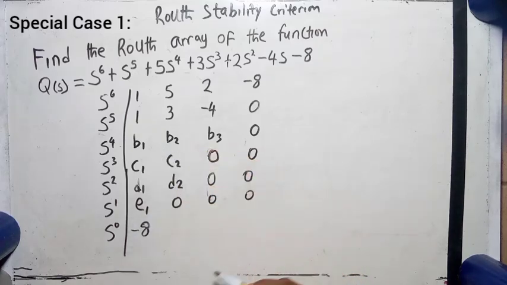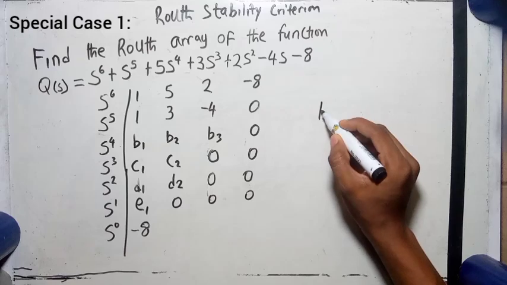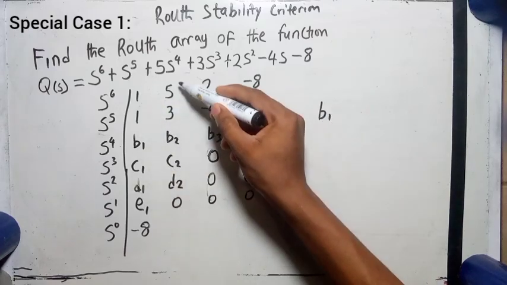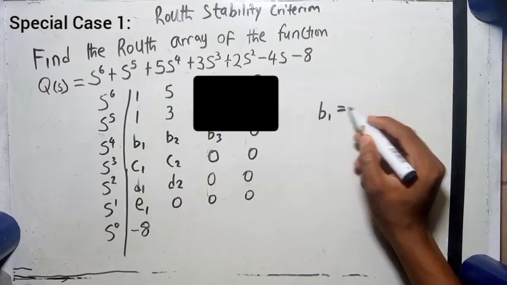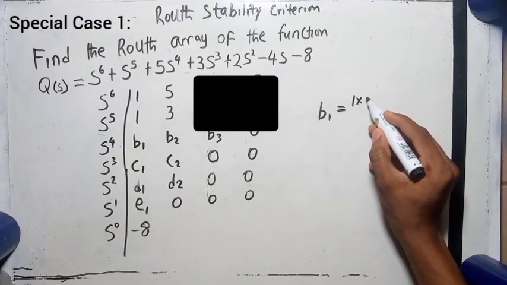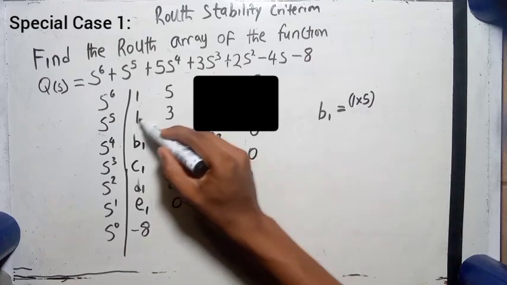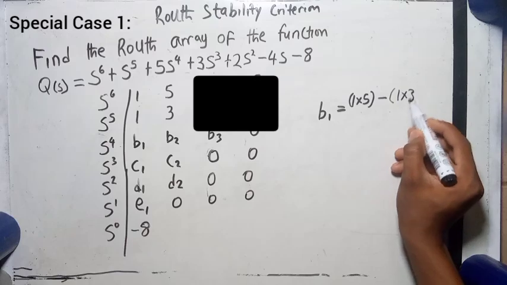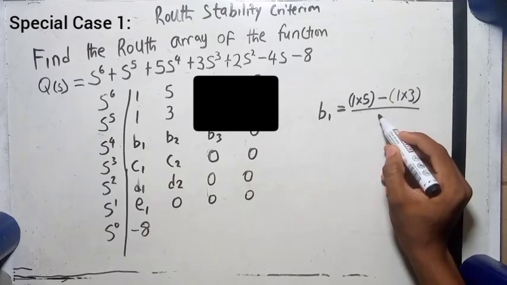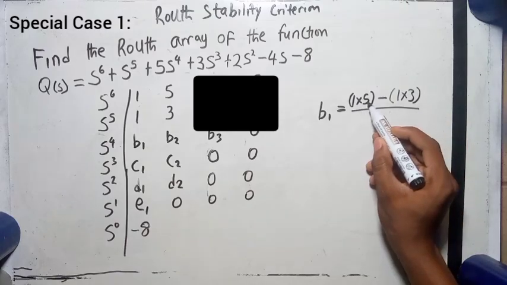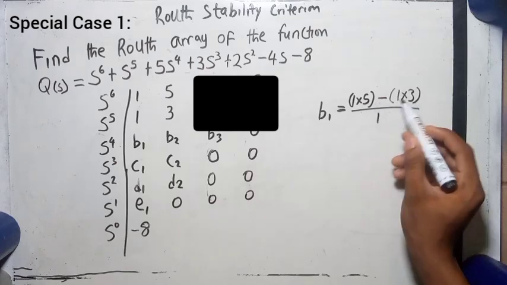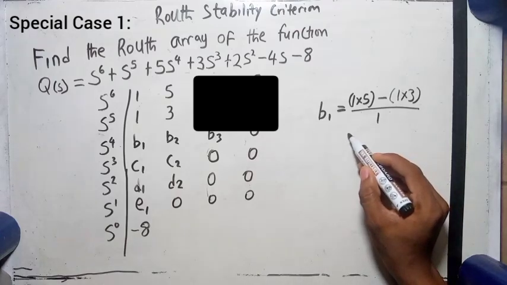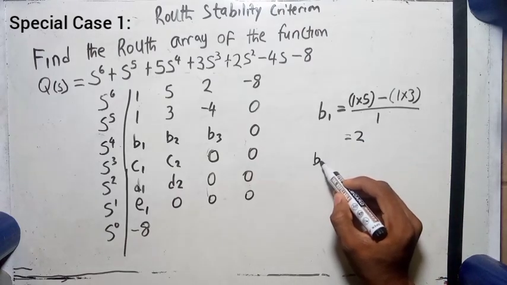Now let us solve for B1. Like we said, we will take this first one always, and the next one is diagonal to it. So we'll be having 1 times 5. Remember the minor minus the major: minus 1 times 3 over 1. 1 times 5 is 5, 1 times 3 is 3. 5 minus 3, we are having 2. So B1 is 2. B2 on the other hand,